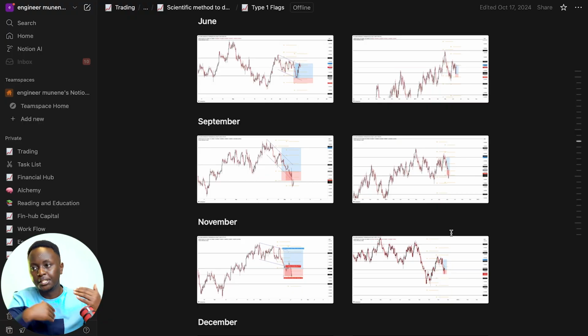Once I'm done collecting this data, I will come up with valid rules on how to trade this setup. For example, I might say that if this setup appears on a Monday, don't take it, but if it appears on a Wednesday or Thursday, please take it. If this setup has a risk reward ratio of less than 1:2.5, don't take it. But if it has more than 1:2.5, you can take it. If this setup attains a particular level, you're allowed to exit if it shows any signs of a reversal.